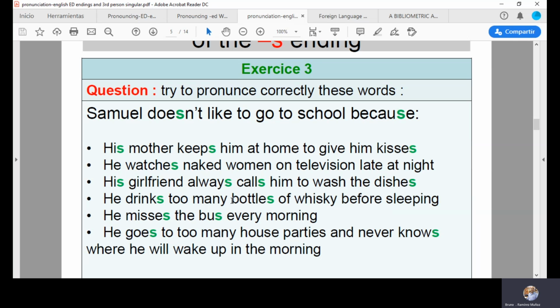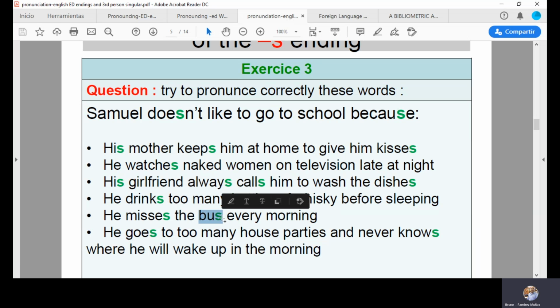So we have several words that contain a voiced z, such as doesn't, because, right, his, his again here, always, calls, bottles, goes, knows. Okay, and we have voiceless s in verbs like keeps, right? Keeps. Help me out with this one. Drinks,